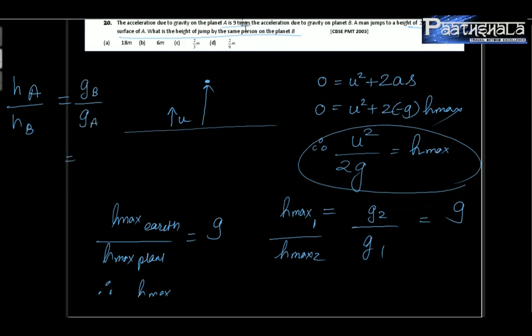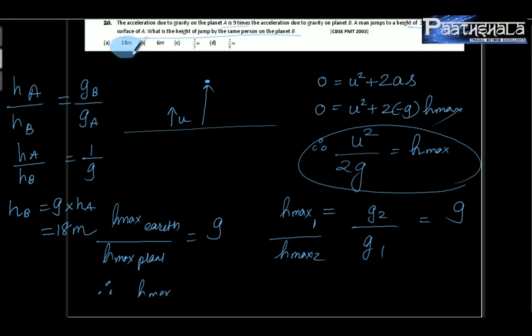GA is said to be 9 times, so it's 1 upon 9 actually. So HA upon HB, that's a more convenient way to do it. HB has been asked and HA has been given to be 2 meters. So HB is equal to 9 into HA is equal to 18 meters. Alright,